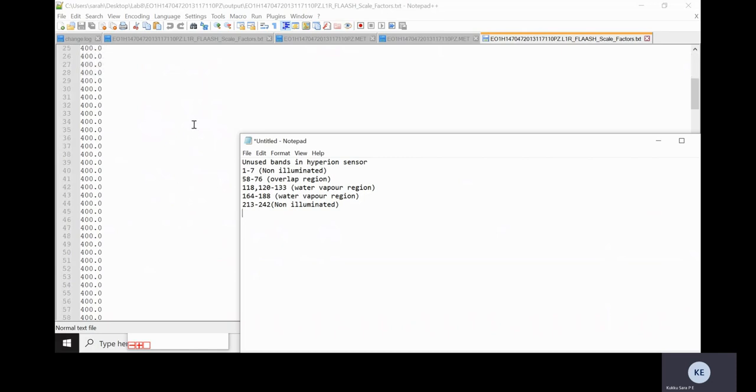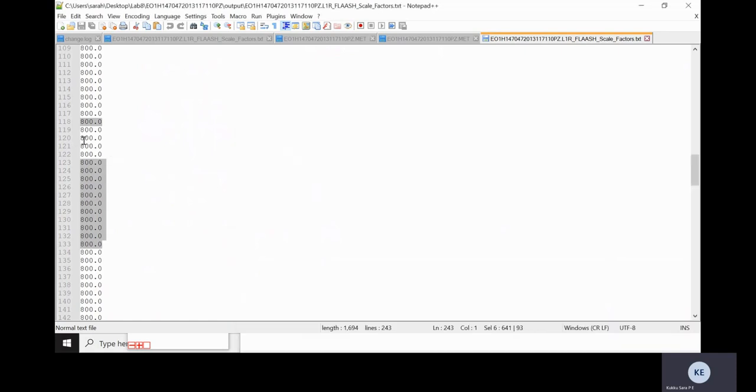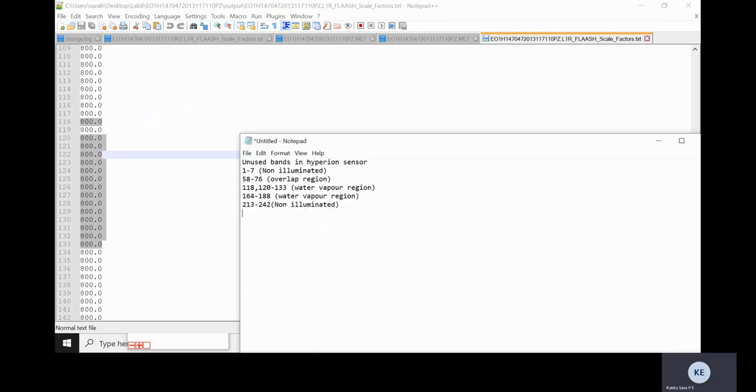So 1 to 7, 58 to 76, then 118, then 120 to 133, 164 to 188, then 213 to 242.